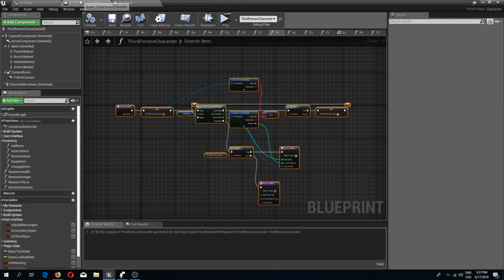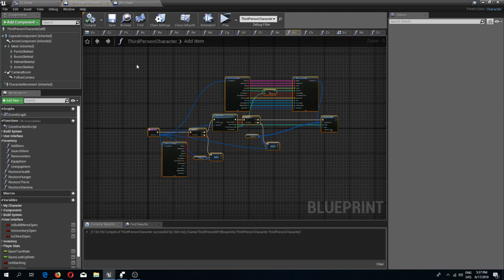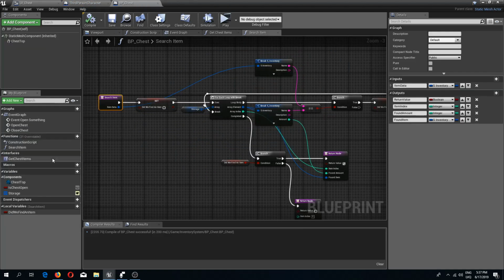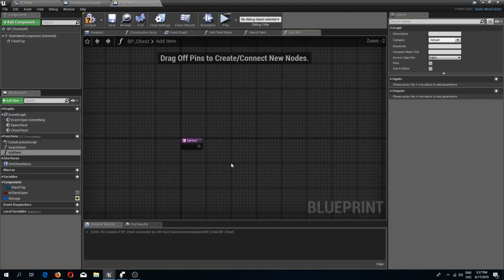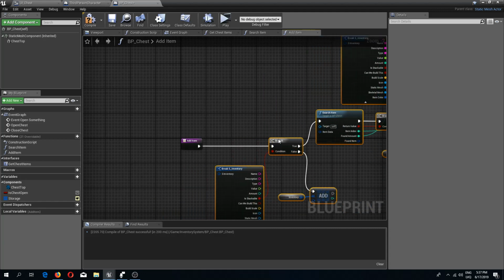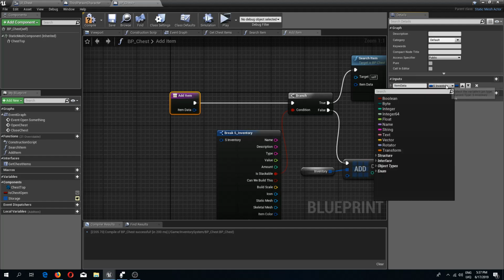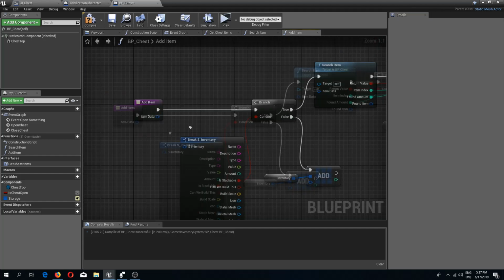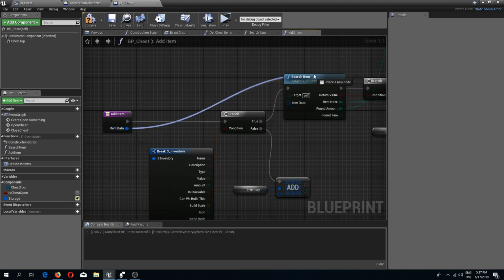So I'm going to go back to the third person character again and select the add item. I'm going to select everything over here, copy this, and again in the BP chest, add a new function of add item, and paste the function over here. Connect the branch. There we go. And again we need a new input, which should be the S item data of S inventory structure type. So I'm going to connect this to the break result. I'm going to connect it also to the search item,